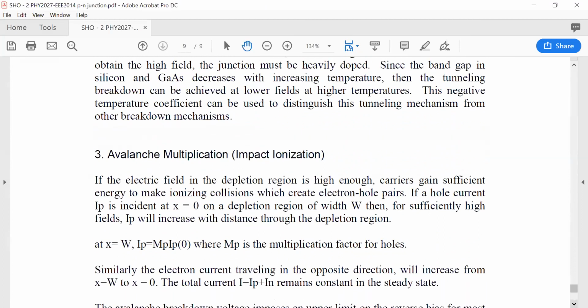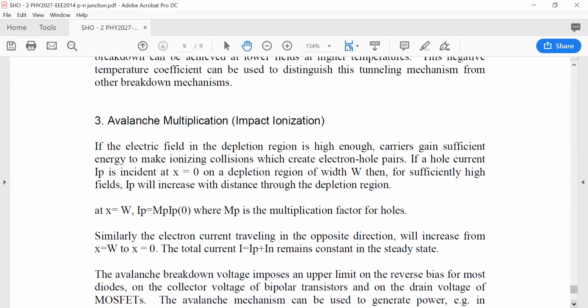And then the final mechanism I'd like to mention is avalanche multiplication. It's also known as impact ionization. If the electric field in the depletion region is high enough, using again a reverse bias, then carriers can gain sufficient energy to make ionizing collisions with atoms, which create additional electron-hole pairs. So if a hole current, I_P, is incident at x equals 0, which is the edge of the depletion region, and the depletion region has a width W, then